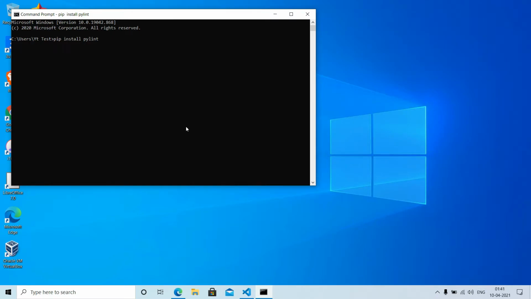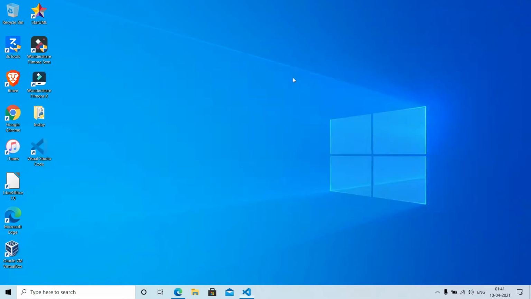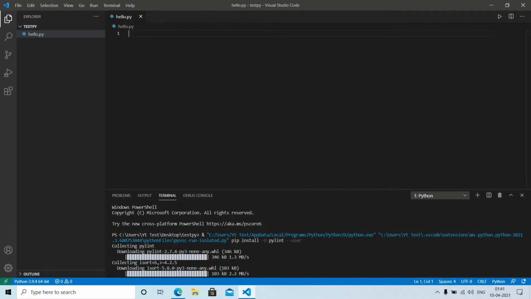My requirement is already satisfied because I have just installed Pylint automatically. If you didn't get the option of installing automatically, you can manually install by typing that command. Now finally the setup is complete.